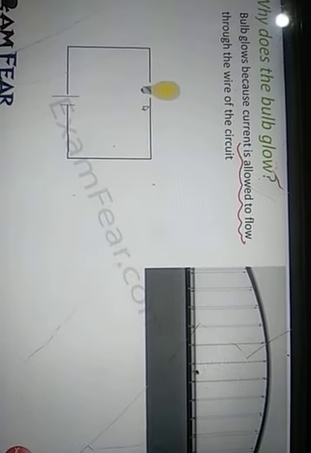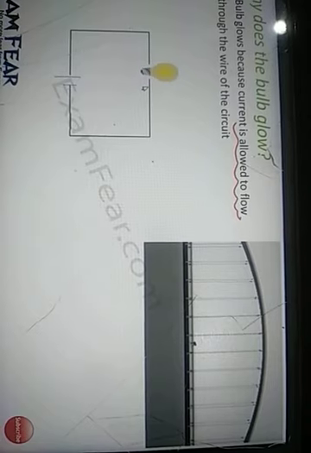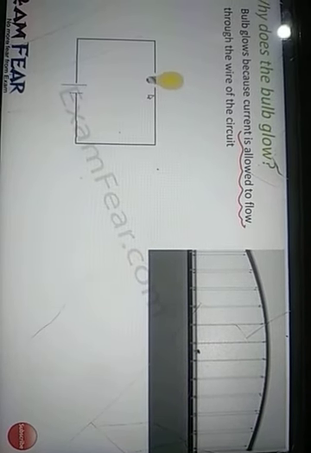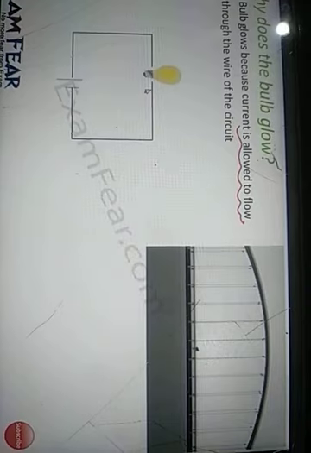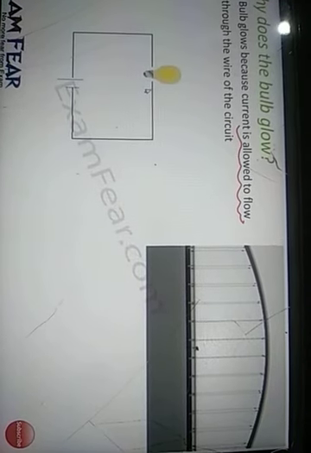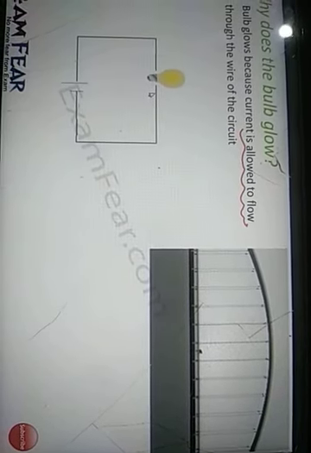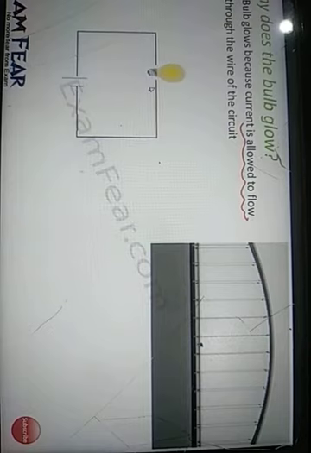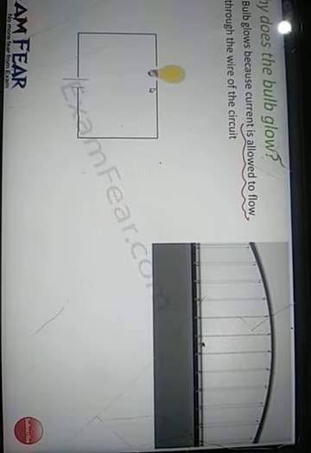So we again take the same example, the bridge. What happens when the bridge is broken? If there is no path, obviously the cyclist will not be able to go from one place to another. Now let us say that the bridge is not broken, the bridge is as it is, but let's say there is some strike because of which people cannot cross the bridge. So the bridge is there, but it is not allowed to cycle on that bridge. So in that case also the cyclist will not be able to cross the bridge.